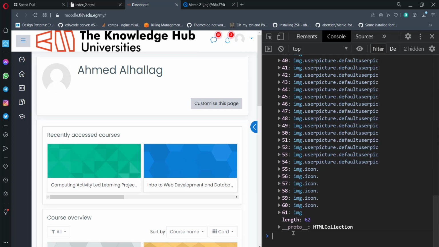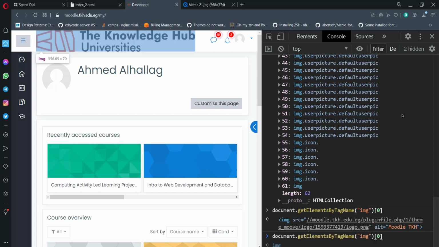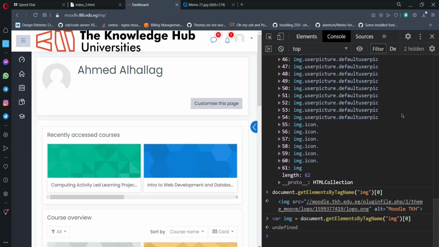So let me just hit arrow up, right? And this is get elements by tag name. This is going to get you the elements that have the tag image inside of them. So this is retrieving all of this. We just want the first one, which is index of 0. So this is going to get you the first logo here, right? So I'm just going to save this in a variable,